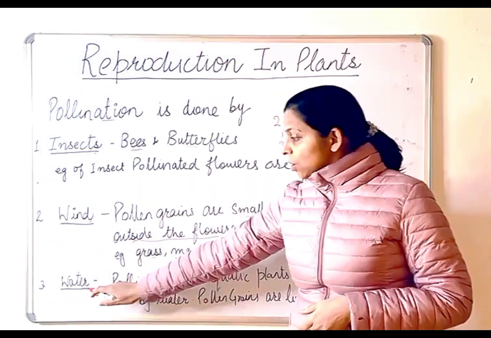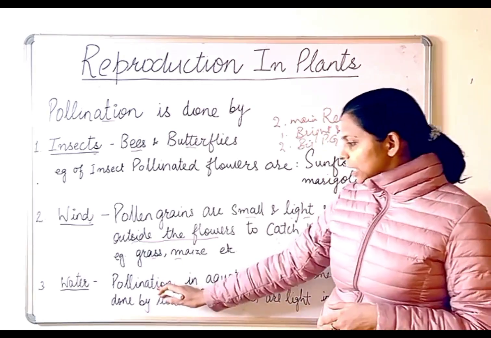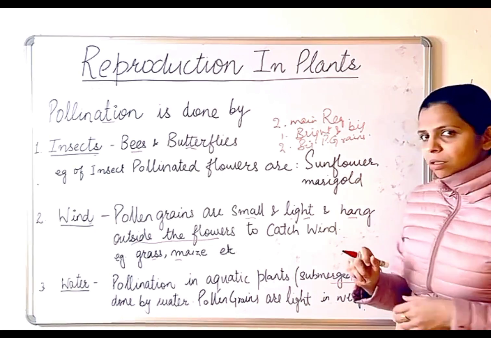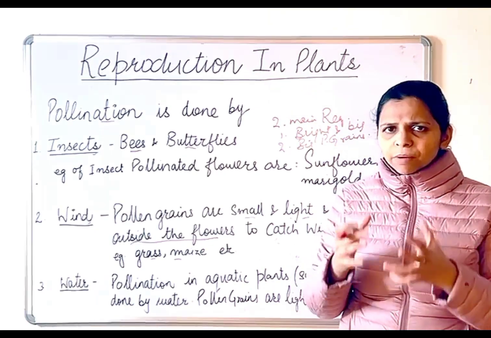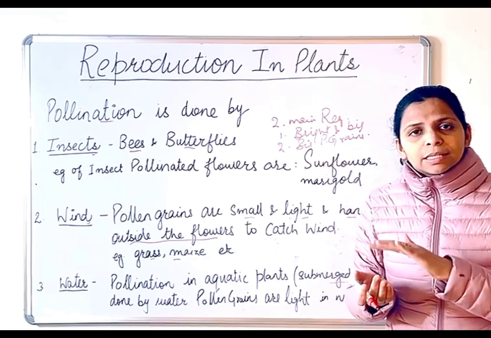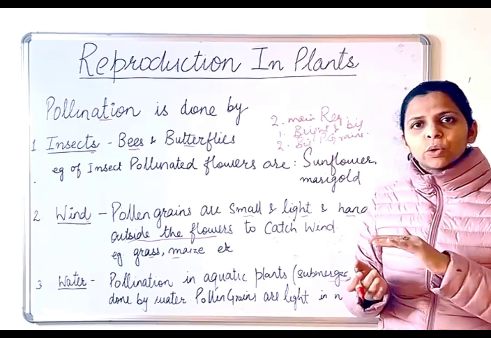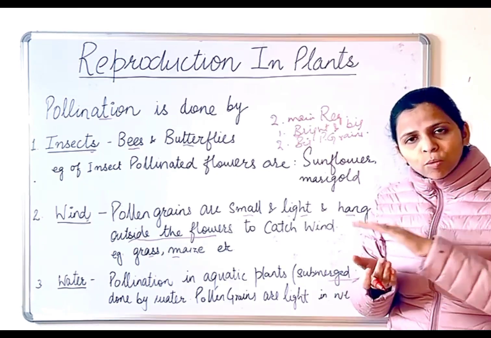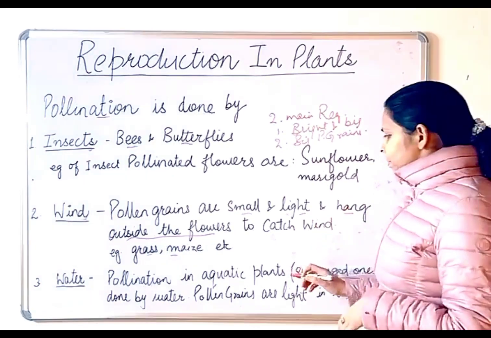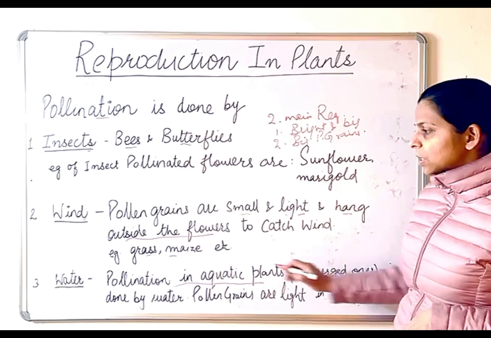Number third is water. The third pollinating agent. इसमें क्या होता है? Pollination in aquatic plants, especially the submerged ones. I hope you understand the meaning of submerged ones. Submerged मतलब होता है that the roots and the stem जो है वो पूरा पानी के अंदर है. जनरली तो बाकी प्लांट भी, बाकी पार्ट जो है प्लांट का वो भी जैसे लीव्स वगैरह वो भी अंदर होता है, बट कई केसेस में वो बाहर होता है. सो अभी मैं आपको इतना ही बताऊंगी that the pollination in the aquatic plants, especially the submerged ones, that is